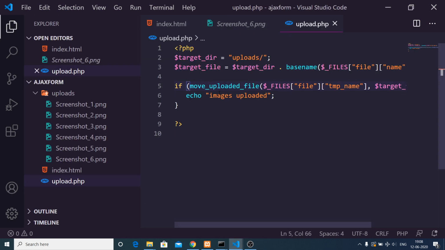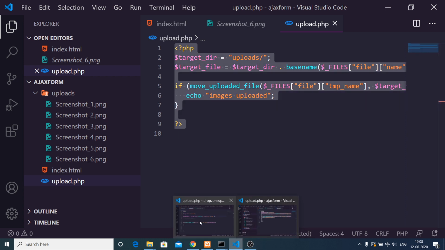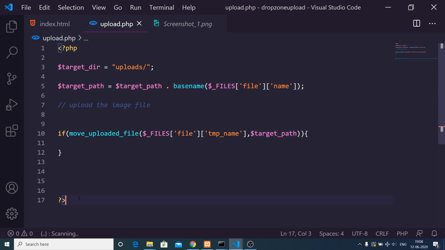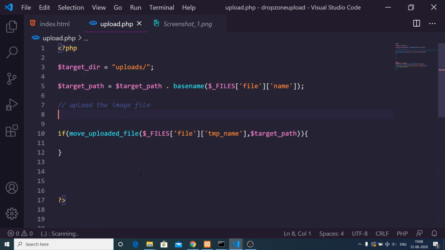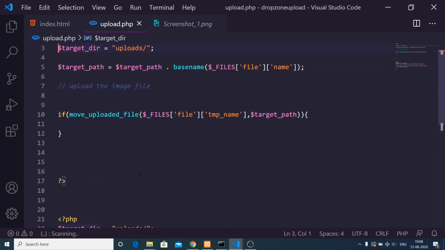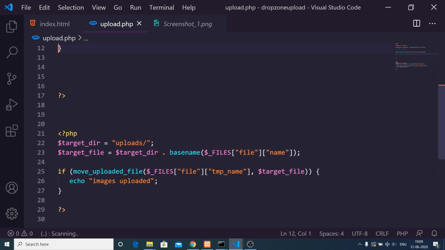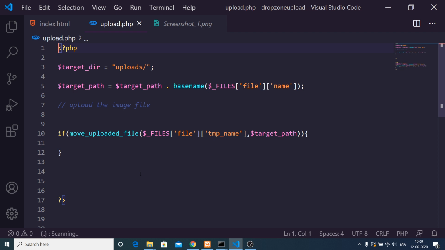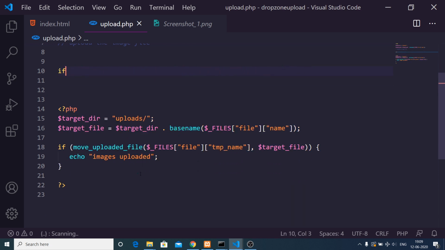So why has it, let me just copy paste the code here which we have written inside this project. This is my code here. Let me just copy this code here. So right here, if I just compare it, what was the mistake? Move uploaded file, dollar files, target file, basename, file name. Let me just remove this code, guys, and copy paste this code here.